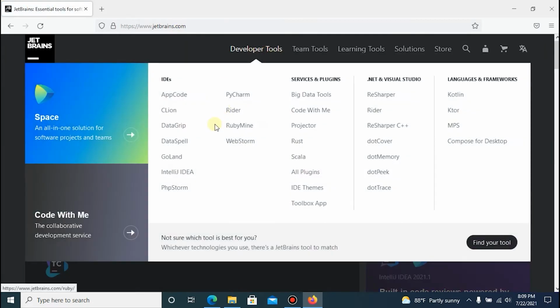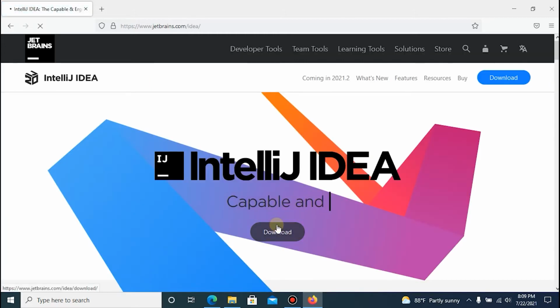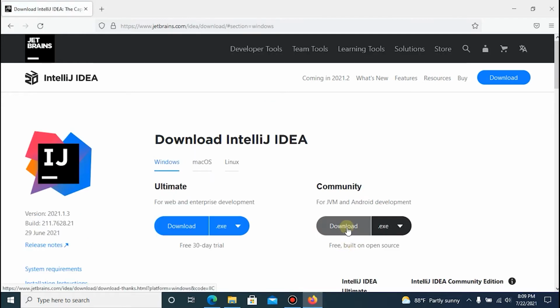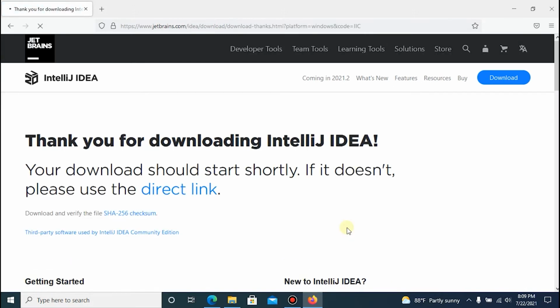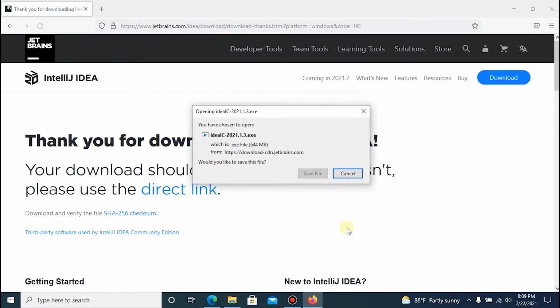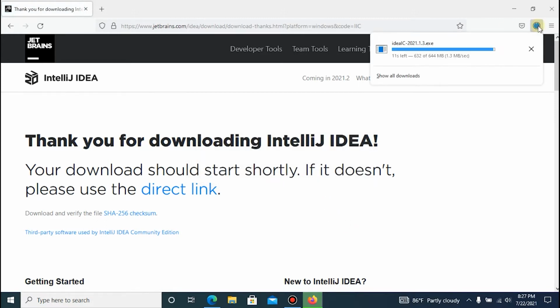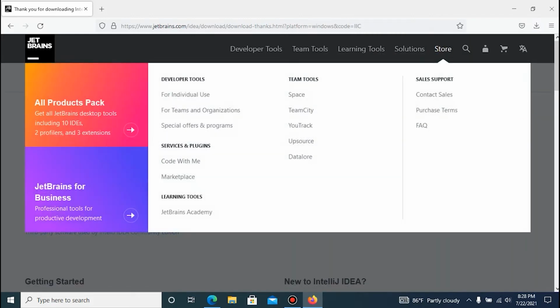Here in Developer Tools, click on IntelliJ IDE and download the Community Edition. Okay, it's downloaded and now we install it.